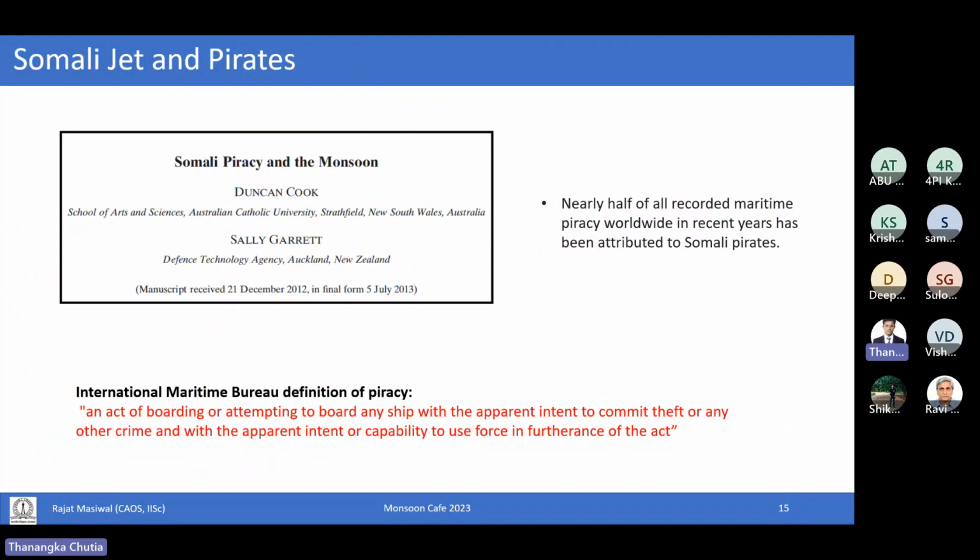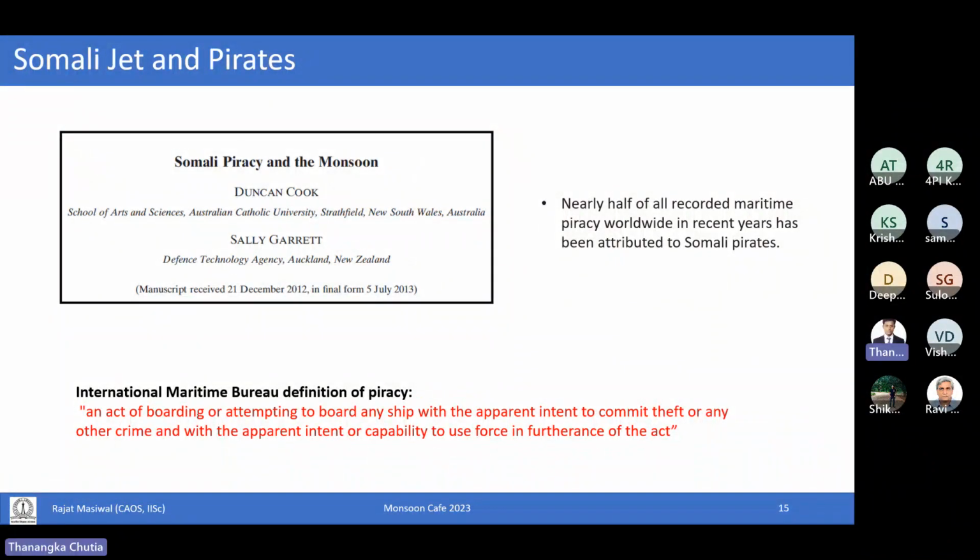Yeah, so I'll switch gears now. I was looking at the Somali jet, and I think when we talk about pirates, we always associate pirates with Somali pirates. So I was curious to see if there are some studies on Somali piracy and monsoon. And lo and behold, there is a study titled Somali piracy and monsoon, and the first